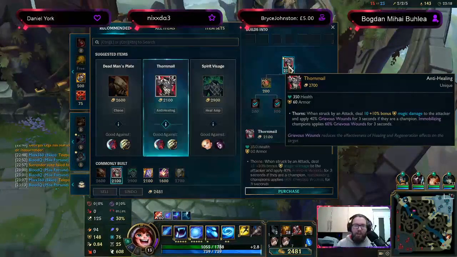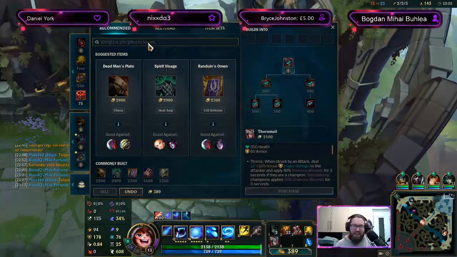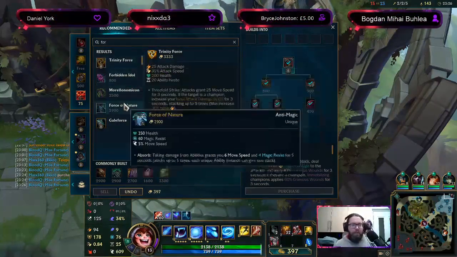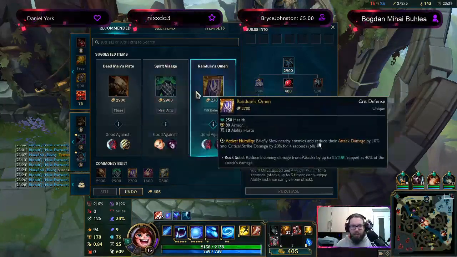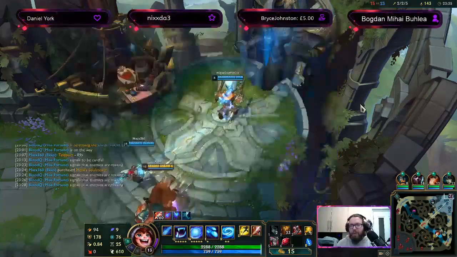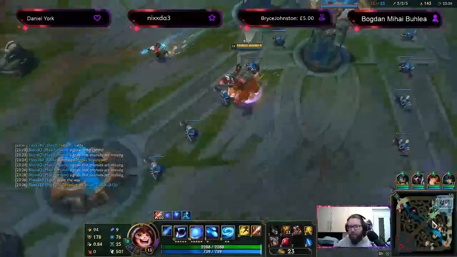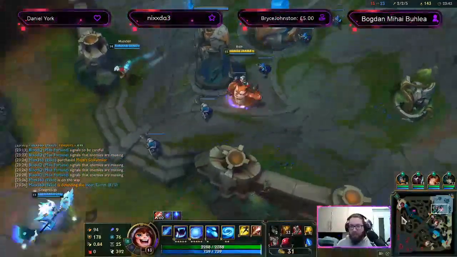Watch the pure love that is Nunu's recall, man. This is lovely, right? So I picked up my first big tanky item there, which was what? What did I just pick up? It's Thornmail, of course. Right. So every time he's going to be hitting me, he's going to be inflicting grievous wounds on himself and injuring himself. So I'm okay with that. Meanwhile,